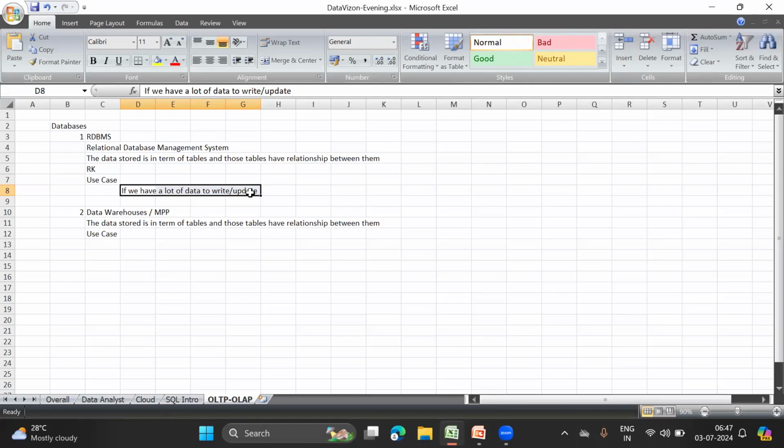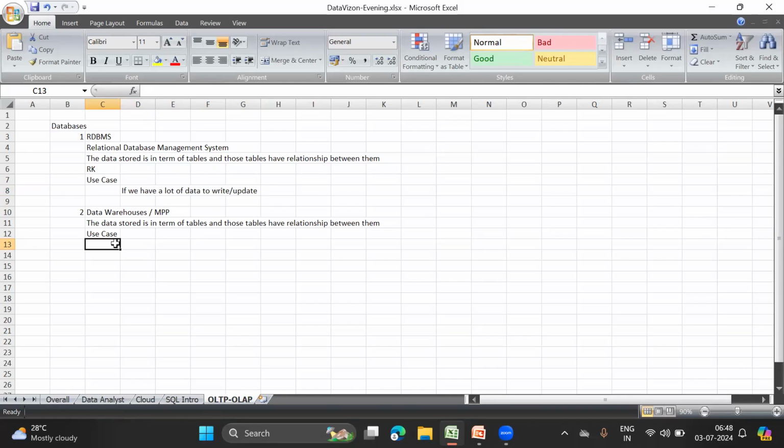Because you will have a lot of data in your RDBMS, the data can grow really fast, right? If you have a lot of data every day, for example 1,000 rows or 10,000 rows coming in, which is actually very little compared to what we have these days, the RDBMS will grow very large with time. The tables will become very huge because a lot of data is coming into them. So that is why we have segregated the necessary data on which we want to transform or do the reporting.